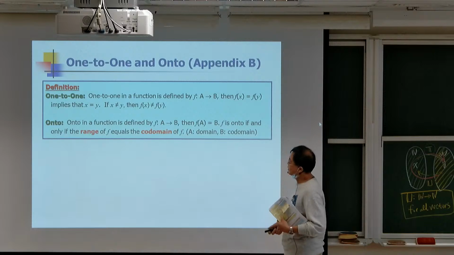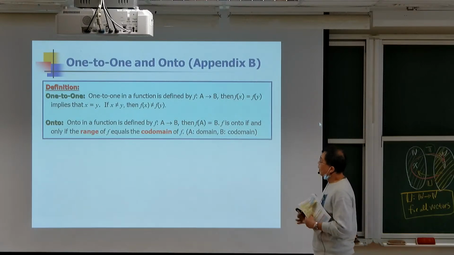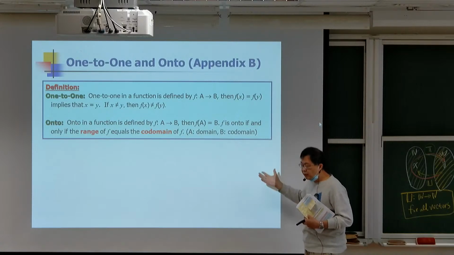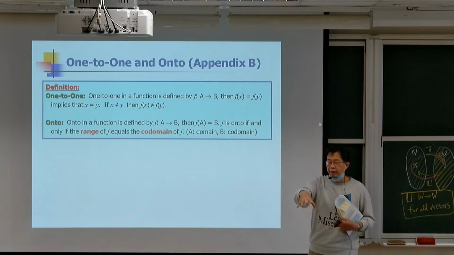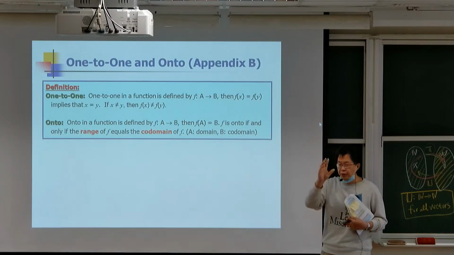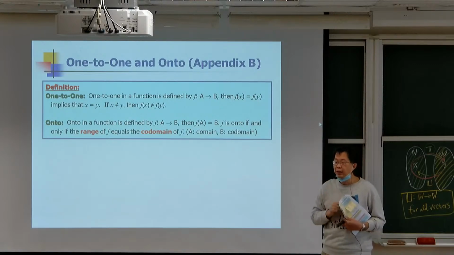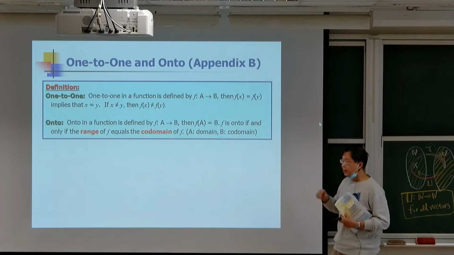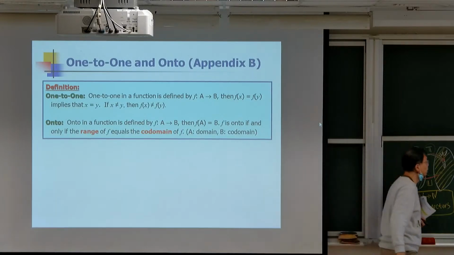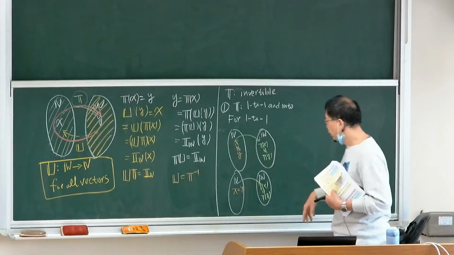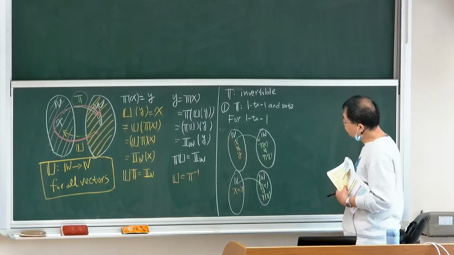So the first fact is that if the value in the codomain is identical, then the value in the domain should be identical. If the value in the domain is not identical, the function value in the codomain is not identical. So for 1 to 1, we have to know these two facts. And then for on to